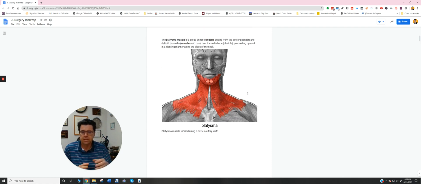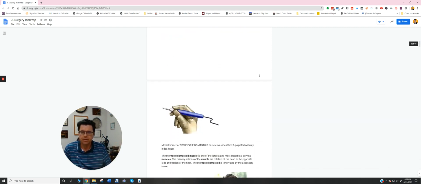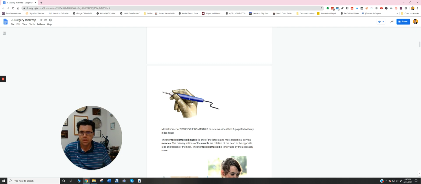So the platysma muscle was incised using a bovie cautery knife. So the doctor had to cut through that muscle to get to the neck to fix the herniated disc. And he went through anteriorly, which is through the front. Posterior would be the back, and anterior is the front. So this is the knife that he used, the bovie